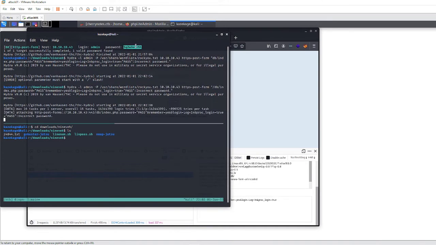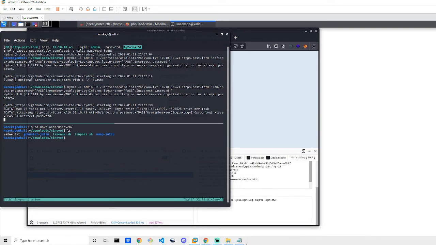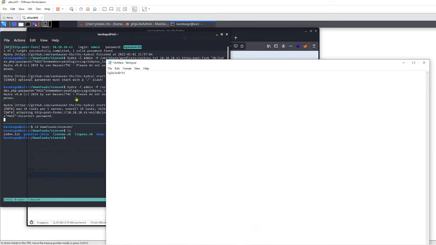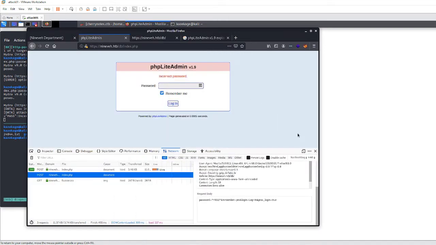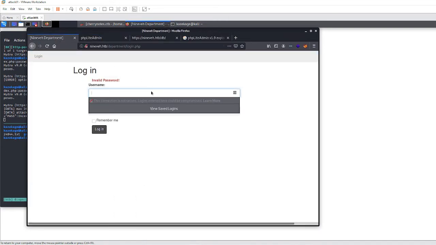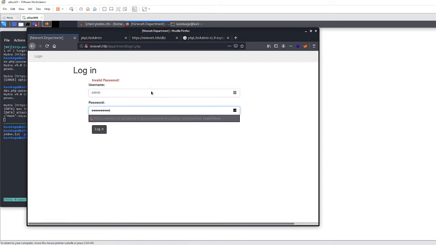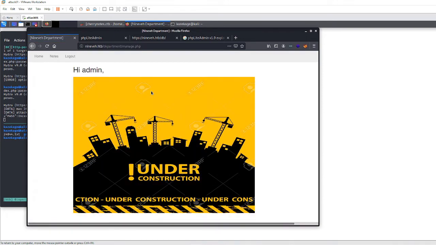Let's copy this password that we got. I am going to save it in a notepad over here. /department. Alright, so admin with our username, password, bada bing, bada boom. So we got this, we're somewhere now, right? If we go over to the notes tab,